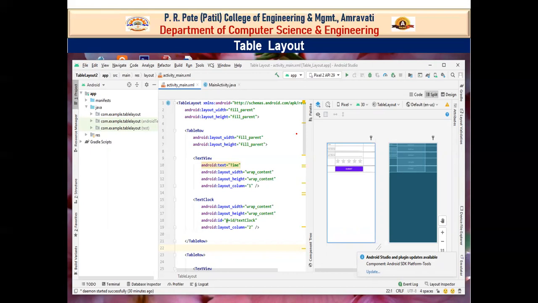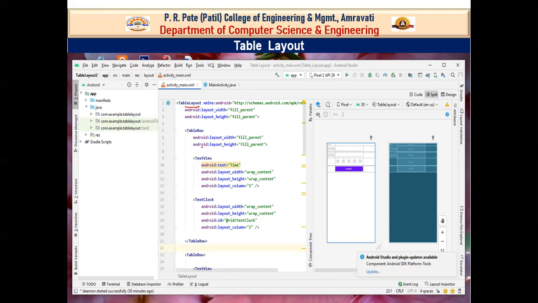In this table layout, we just have 2 buttons and one text view, that is the time and clock. First, to design the table layout, we have to mention the table layout inside our activity_main.xml file.